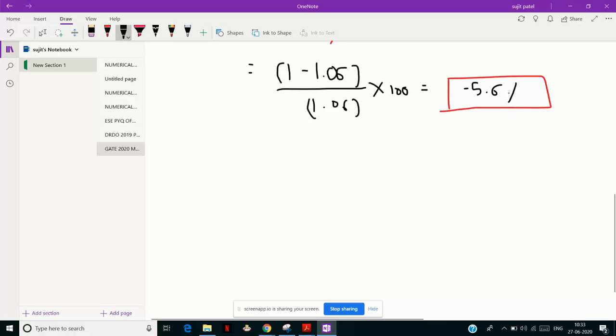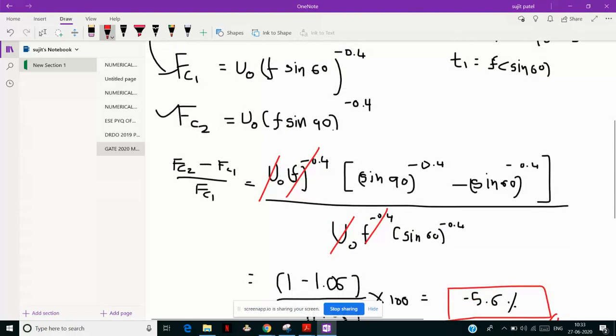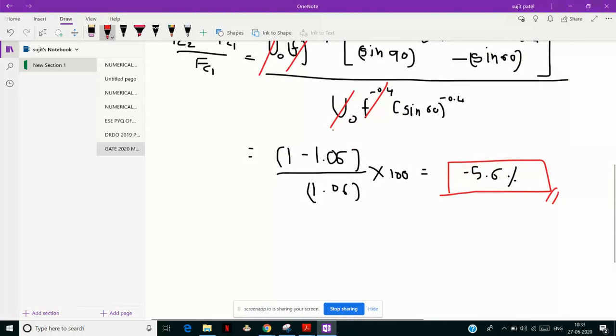So this is our answer. Many of you students who appeared for this exam got the answer minus 5.6 correct, but you got confused about the percentage being minus. Some of you put 5.6 positive, but it is not correct. I just want to tell you to believe in yourself, go step by step and do not hurry. This numerical requires constant concentration, so do not do this question in a hurry.